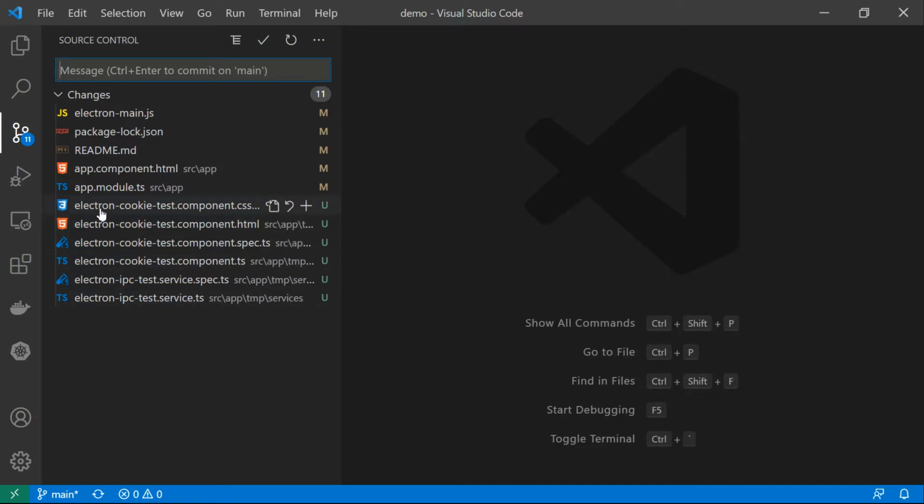You can see this Electron cookie test component. Four of these files are the same component, referring to the same component. I'm going to come to these files later. So let's first take a look at the Ipc service. I've created an Ipc service to talk with Electron and deal with the inter-process communication that we have. And then I have this Electron cookie test component to test those settings with the cookie and the